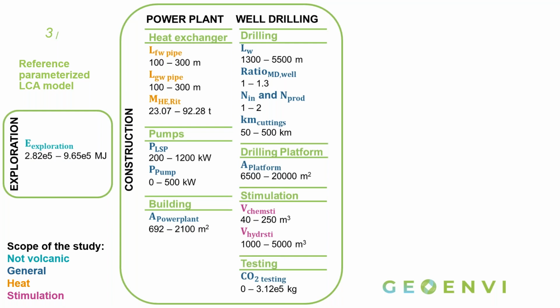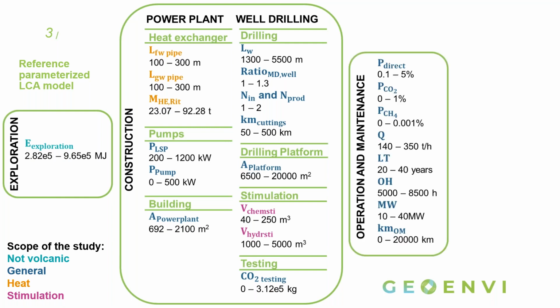And finally, once the wells are drilled, it's important to do some testing. And during this testing phase, CO2 is emitted into the air. After the exploration and construction phase comes the operation and maintenance phase. Here it's important to take into account the amount of direct emissions, which can consist of CO2 or methane. Those are the two gases that we took into account here, because we assume that these installations typically have low